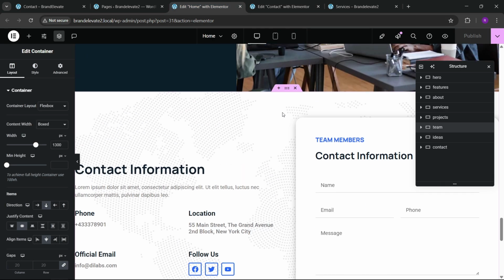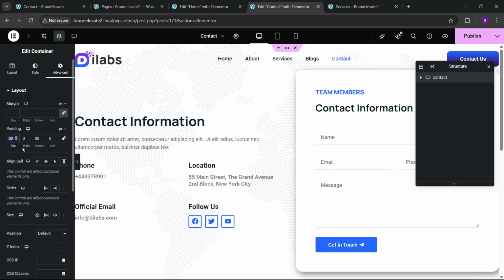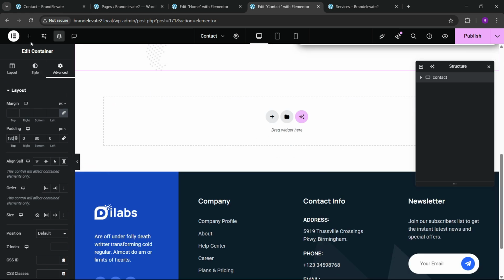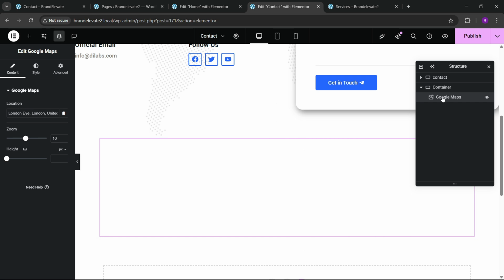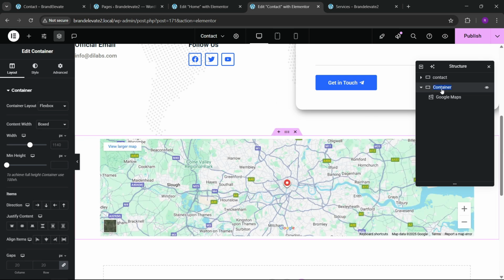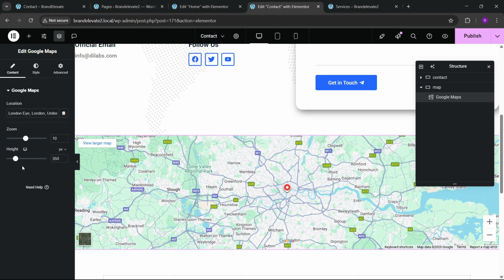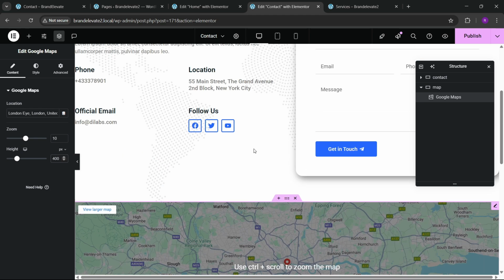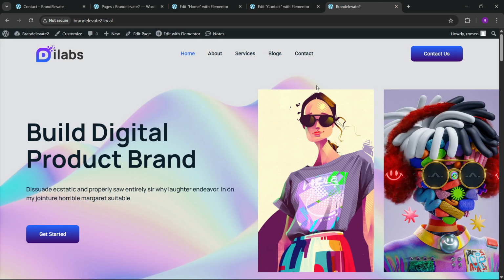Now we're gonna copy this contact here. So let's copy from here. Let's paste it here, and here we have 180. Okay, and also we can have this map, and here you can also rename this. Okay, and we can click on this map, and we have this map a little bit 400 like this. Okay, and let's publish. Now if I go to the home again, and if I go to the contact again,